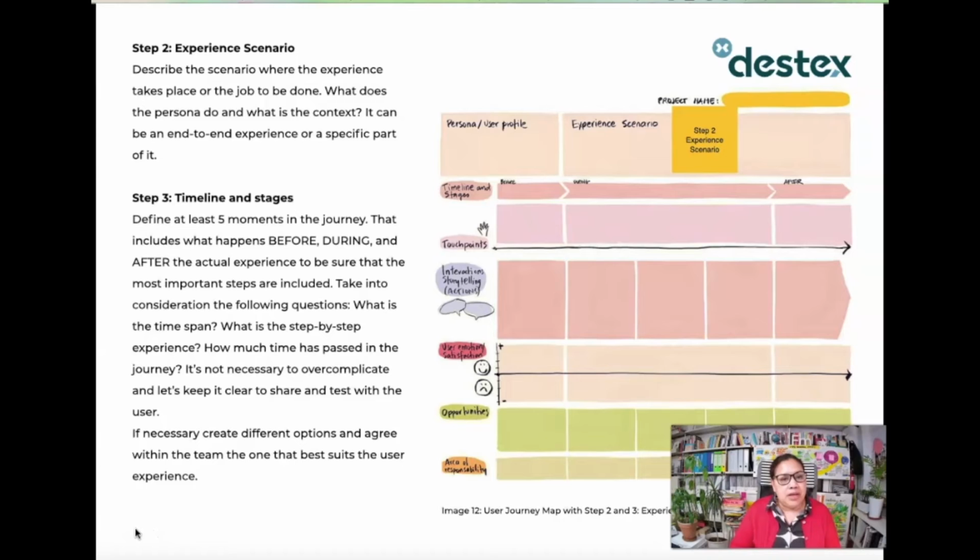Step 2. Experience scenario. Describe the scenario where the experience takes place or the job to be done. What does the persona do and what is the context? It can be an end-to-end experience or a specific part of it. Step 3. Timeline and stages. Define at least 5 moments in the journey that include what happens before, during, and after the actual experience